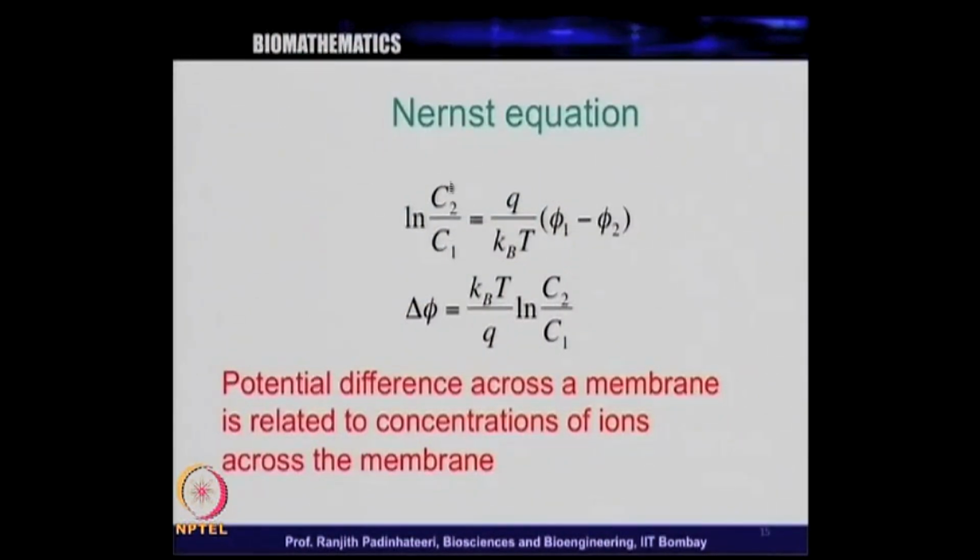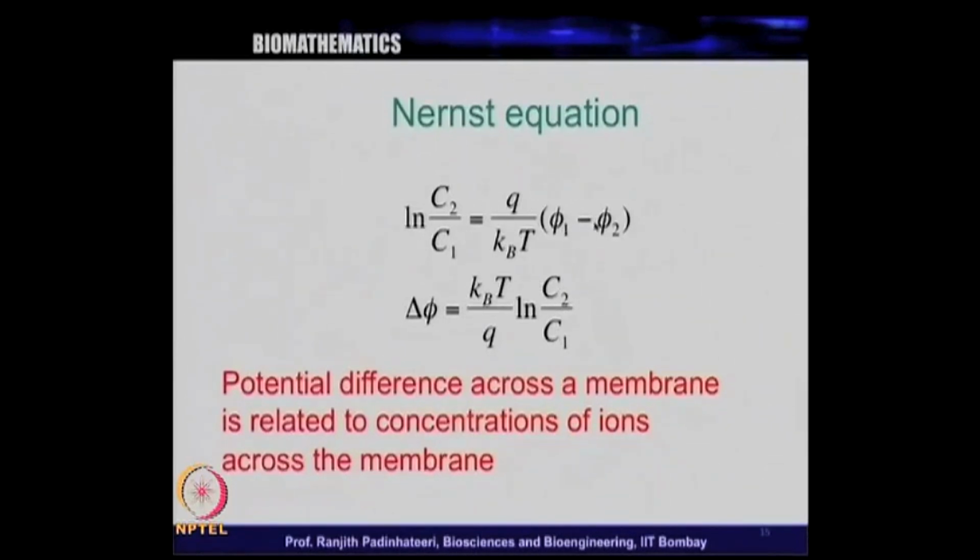C2 and C1 are the equilibrium concentrations at either side, and it is equal to Q by KBT into phi 1 minus phi 2. Phi 1 and phi 2 are the potentials, so this is the potential difference across the membrane. If I call this delta phi,